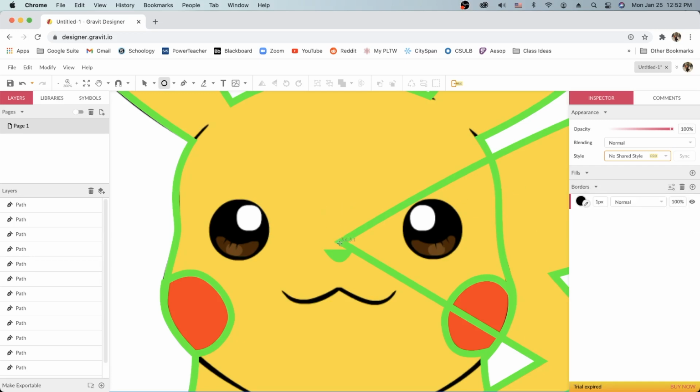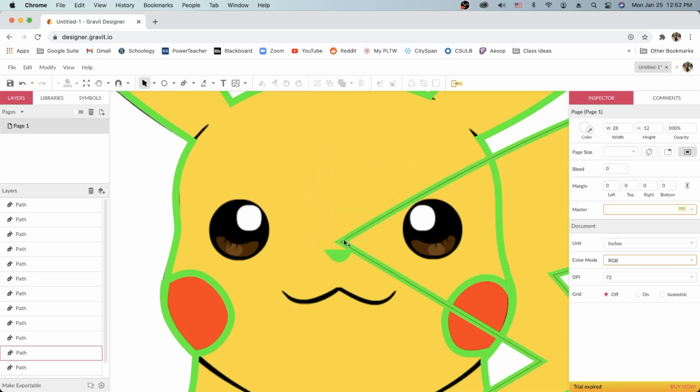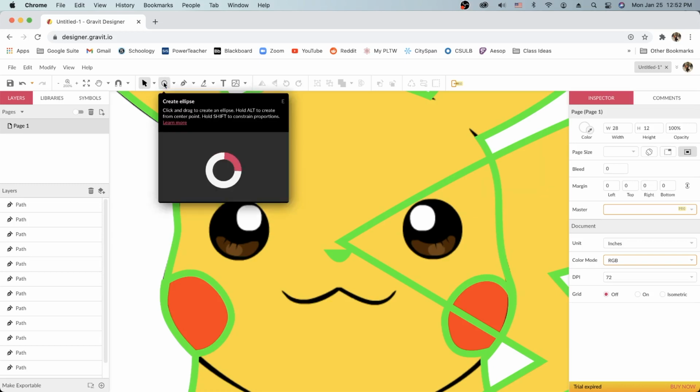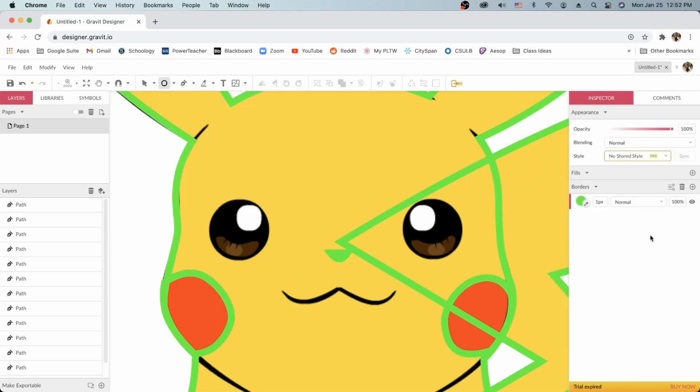If you want the exact same color, which it doesn't really matter what color you choose, you can go ahead and click on this little turkey baster or eyedropper and then click on one of the outlines that you did before and it will identify that color for you. For some reason it does shoot you back to the black arrow after you change the color of the border, so you just have to go back to the ellipse tool one more time and you'll see that it has been changed. Then I will bump up the width